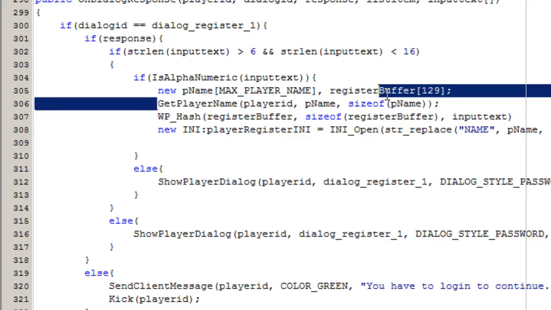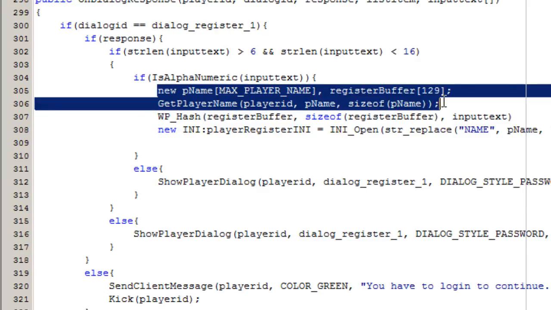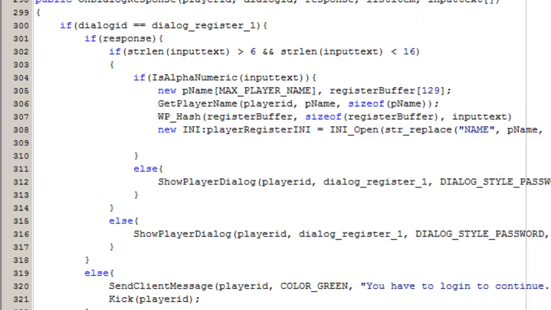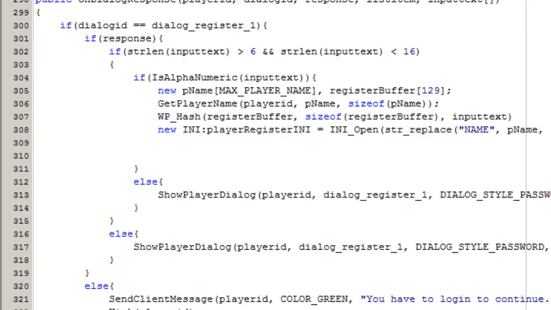So we store the name and we create a file with the name.yni. We then hash the password that the user entered, and now what we want to do is to actually store that hashed password. To do so, all you have to do is write yni_write